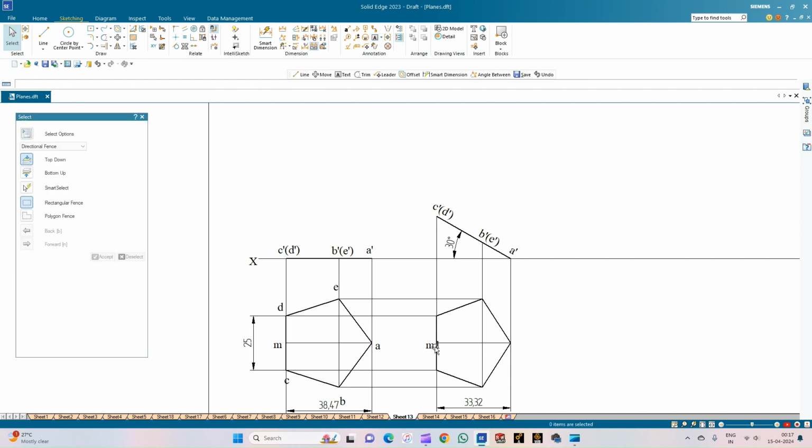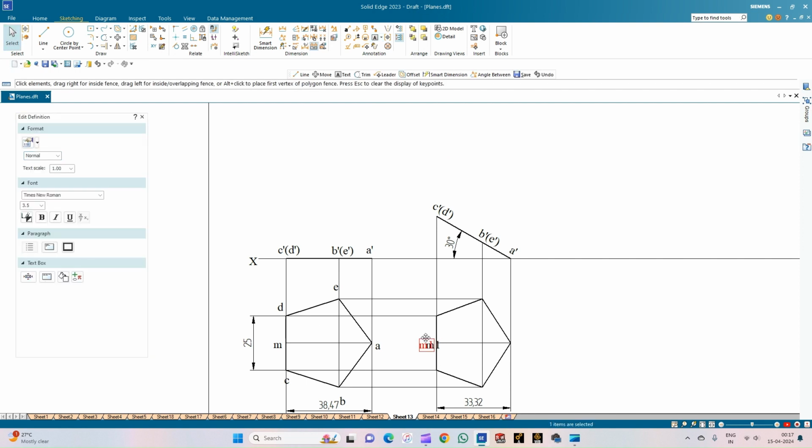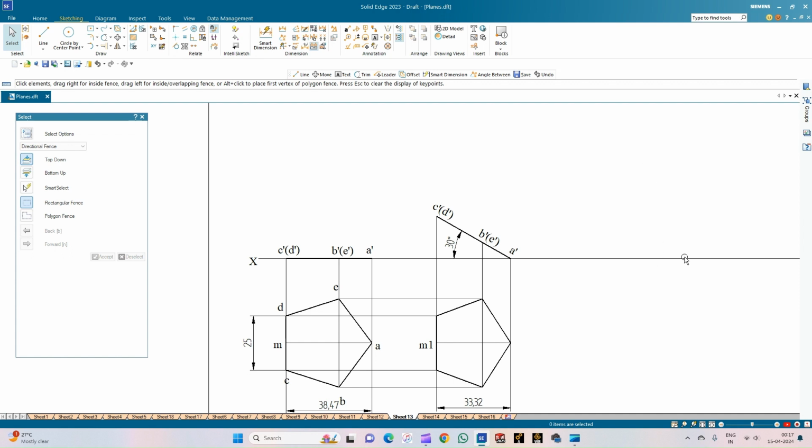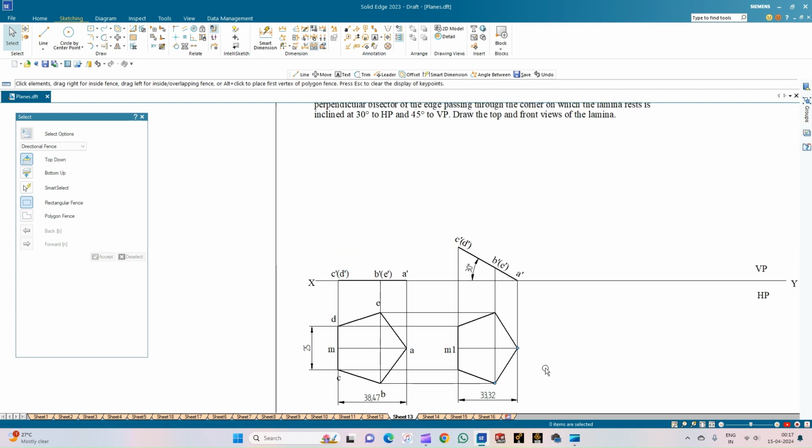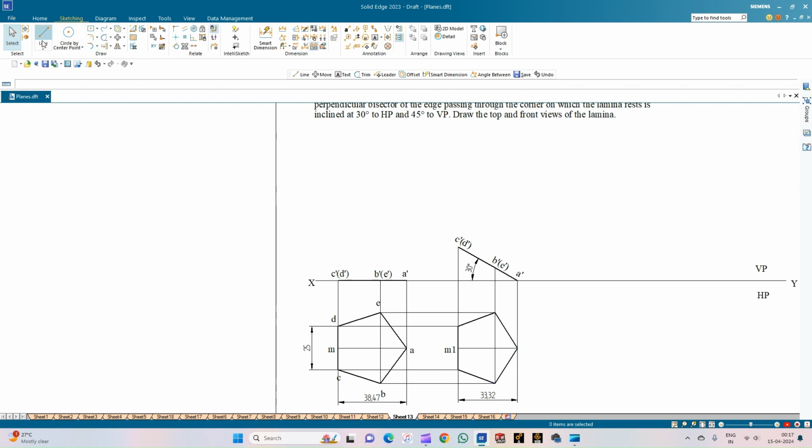Okay, so let me call this point as M1. And this parameter is the one which is going to be used for aligning it with respect to the vertical plane, and hence it becomes a beta angle problem because we are going to use an entity which is changing its dimension. So obviously the angle given is not the beta angle, it is the angle phi, and we need to find the apparent inclination of the entity. So for that, we shall construct the beta angle. So the procedure for constructing the beta angle: